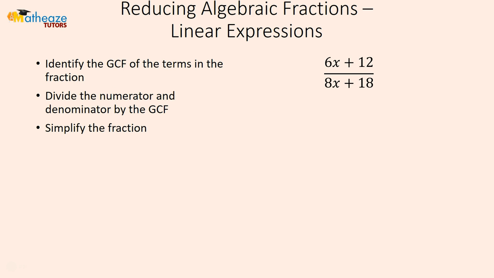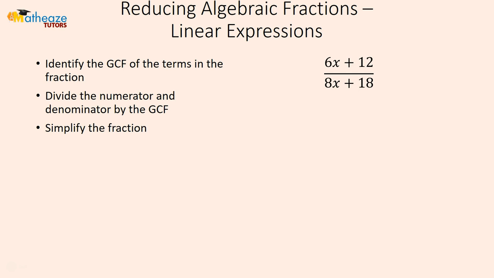Now when we're dealing with algebraic fractions, we're going to identify the greatest common factor of every term in the fraction, and then we're going to divide the numerator and the denominator by this greatest common factor, and thereafter simplify the fraction. So if we look at 6, 12, 8, and 18, we can see that the greatest,